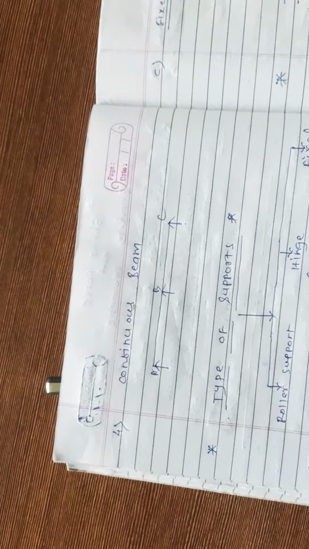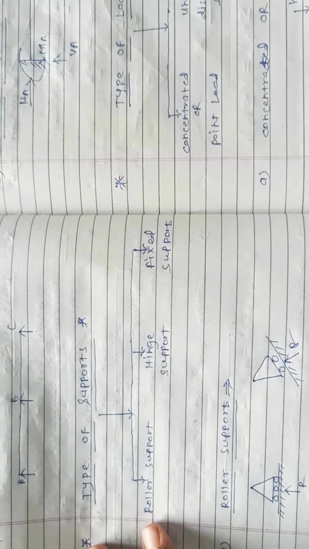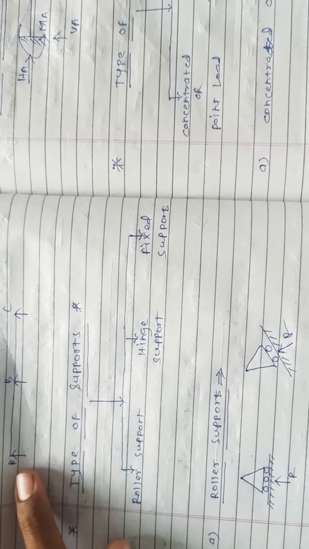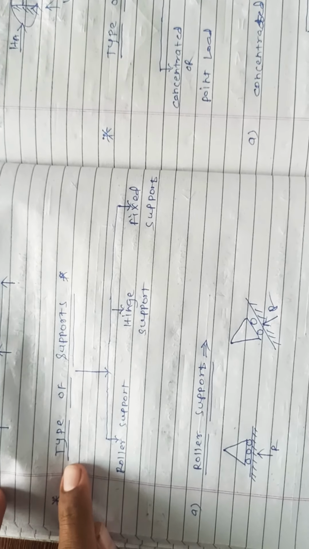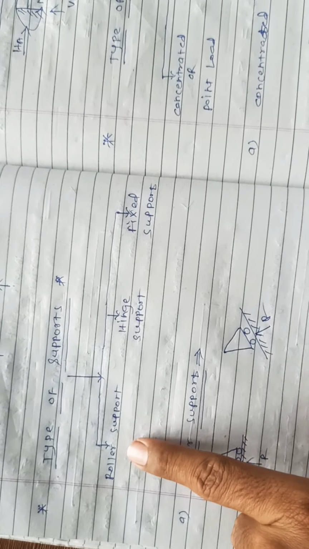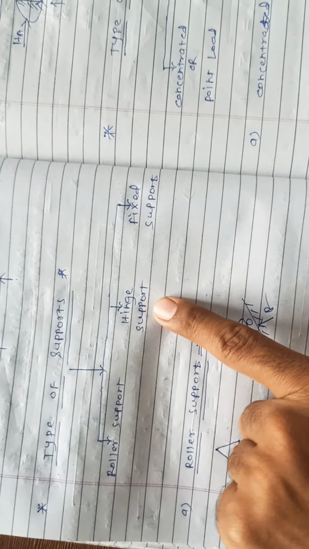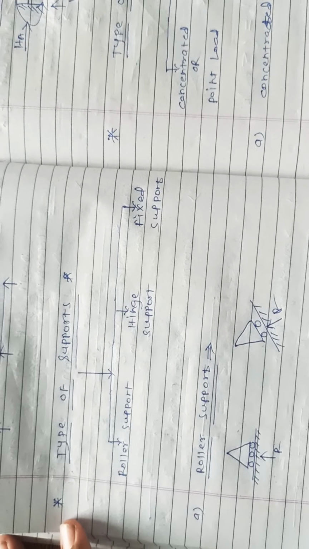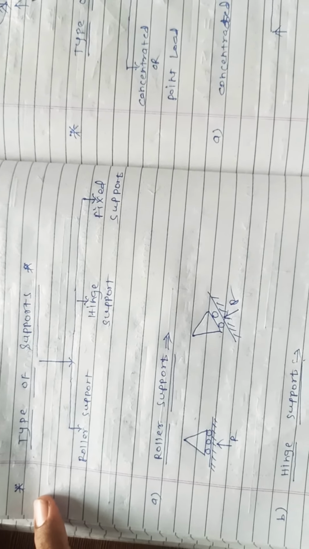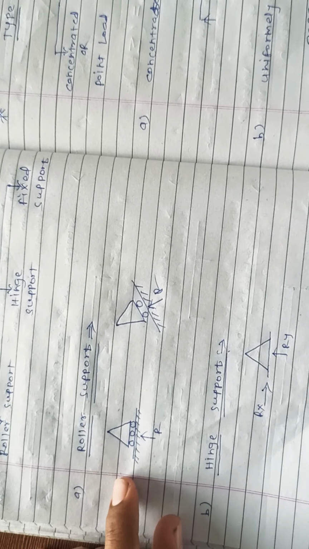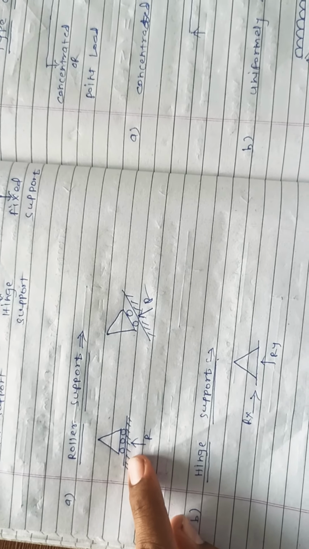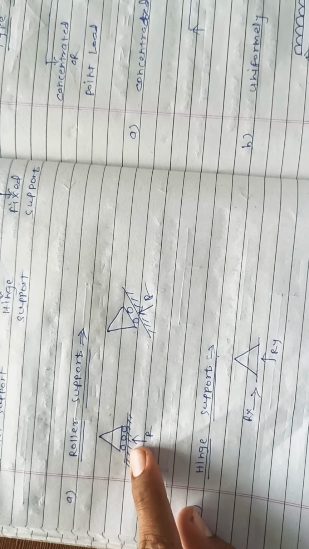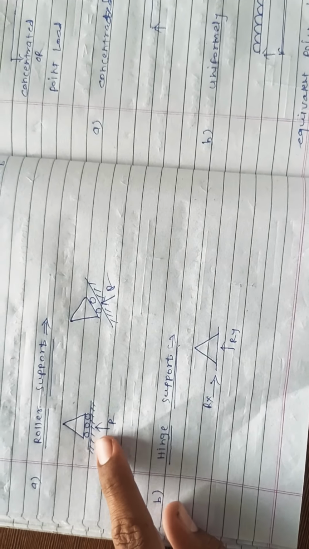Now we will study the types of support. These are the three supports, but supports also have different types. So what are the various types of support? First is the roller support, second is the hinge support and third is the fixed support. So these are the three types of supports. Now we will study them one by one, starting with the roller support. This is the diagram for the roller support. While solving the problem you will see such a type of end on the beam, it is called a roller support. This is a general figure for the roller support.